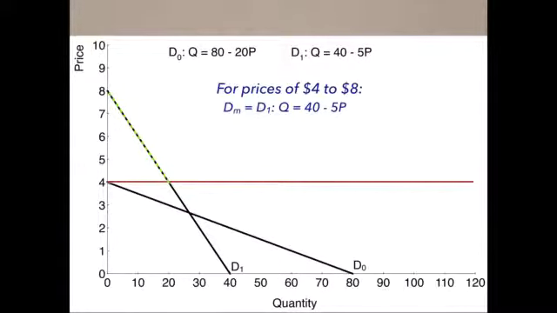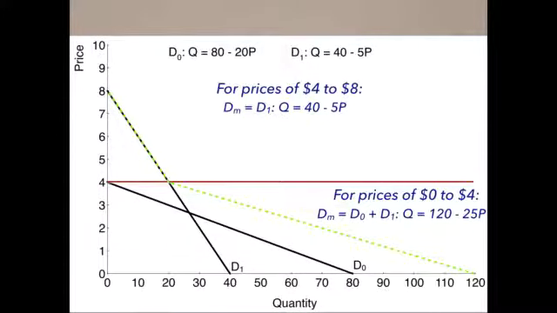So for prices of $4 to $8, the market demand only includes demand 1. All right? For prices above that, the individual represented by demand curve sub-0 is going to be 0 or negative. So it is not included in the market demand curve. And then going from this point forward, if we take a look at prices of 0 to $4, the market demand curve is the summation of D sub-0 and D sub-1. So you just add D sub-0 and D sub-1 together, and you get Q is equal to 120